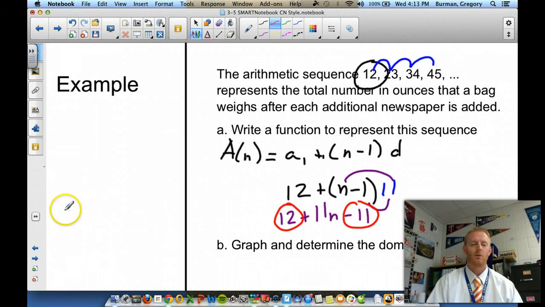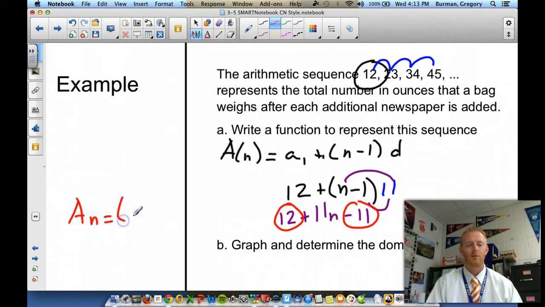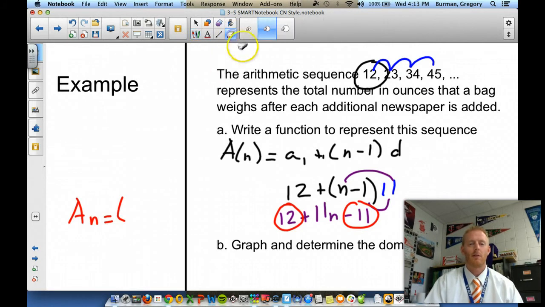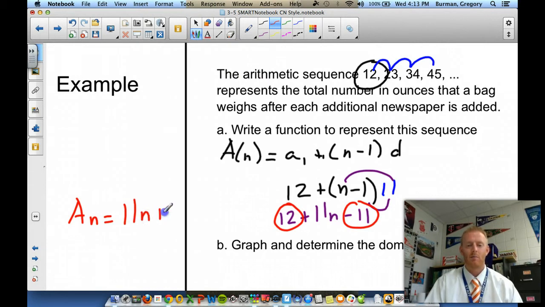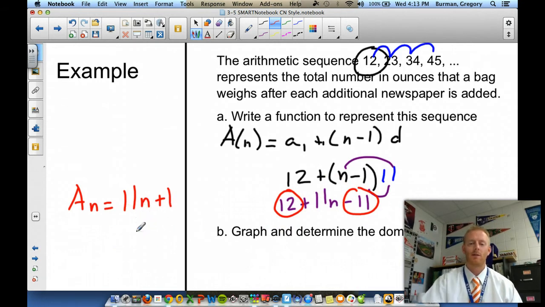Now we combine our like terms, 12 and a negative 11, to make our official formula. So the official formula will be a sub n is equal to 11n plus 1, because 12 and a negative 11 make a plus 1. Now if we were to graph this information, we had the numbers of 12,